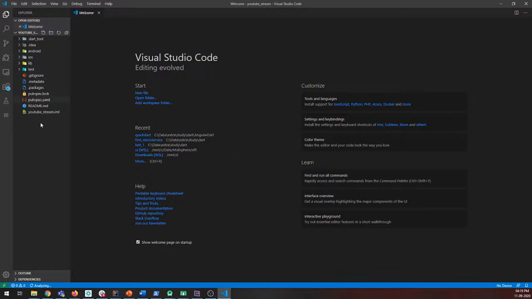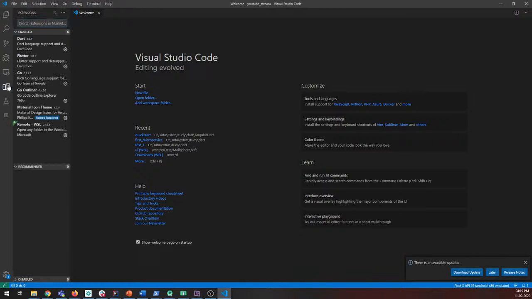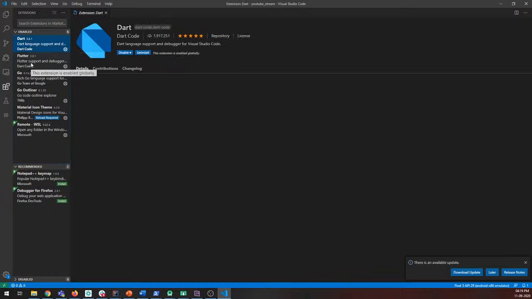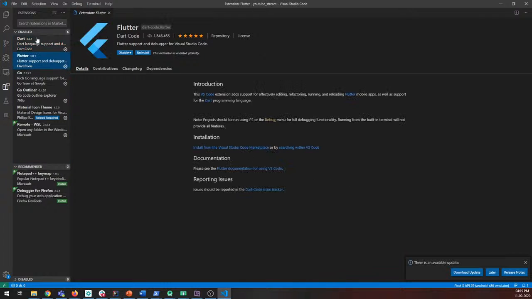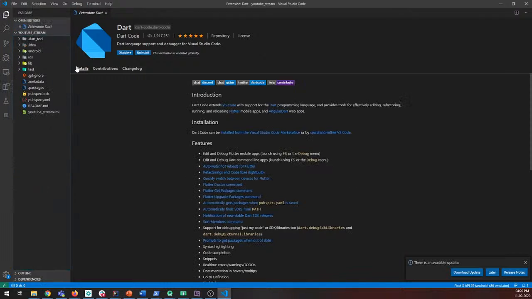Here I have the IDE available, and all the files are already recognized because I have something that you will need, and that is the plugin for development of these. Extensions. So I have the Dart and Flutter plugins already installed, and that is why all the files here are